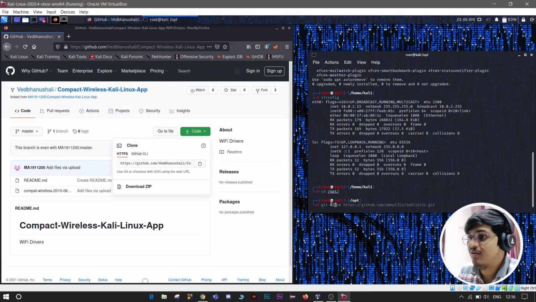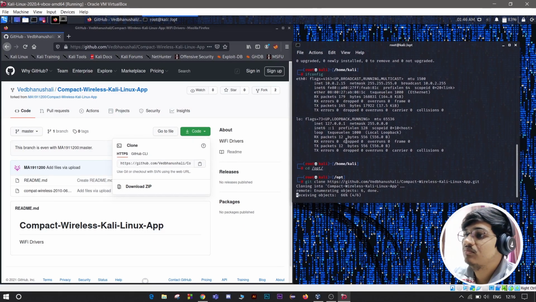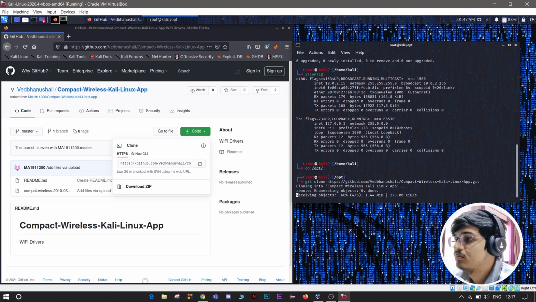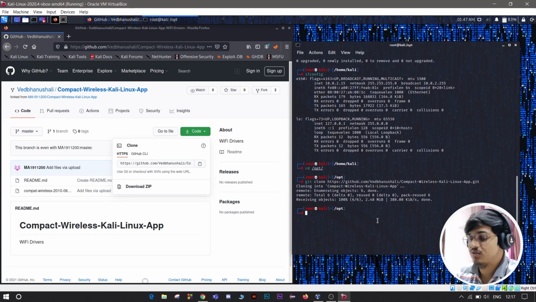And then git clone, paste this URL. Okay, so it is done.